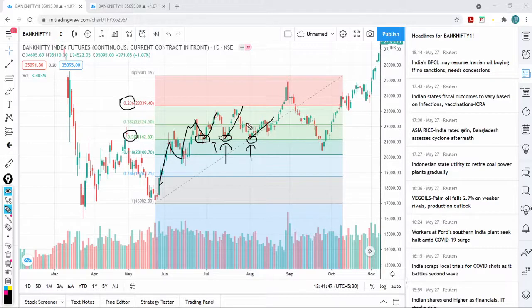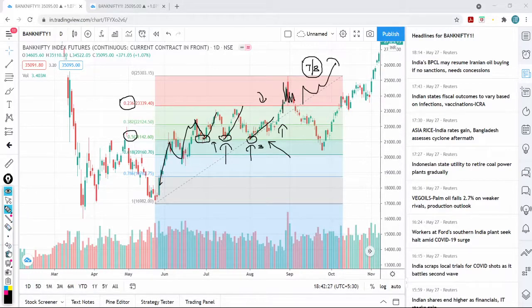Okay, when I say it has to cross 0.236 and trade above it, look at this third time. Price is taking a support from 0.5, the red color line, and crossing 0.236. After crossing, how many days does it have to spend above 0.236? Minimum 7 to 8 trading sessions. It has to spend that time above 0.236 after taking a support from 0.5. Only then is this uptrending move stronger and will it continue towards the upside.